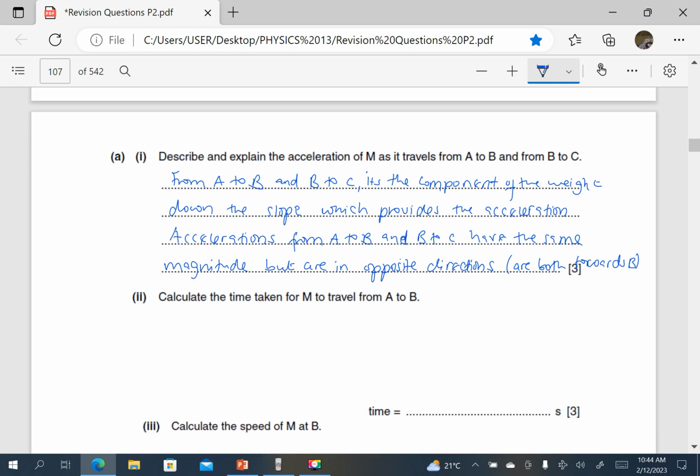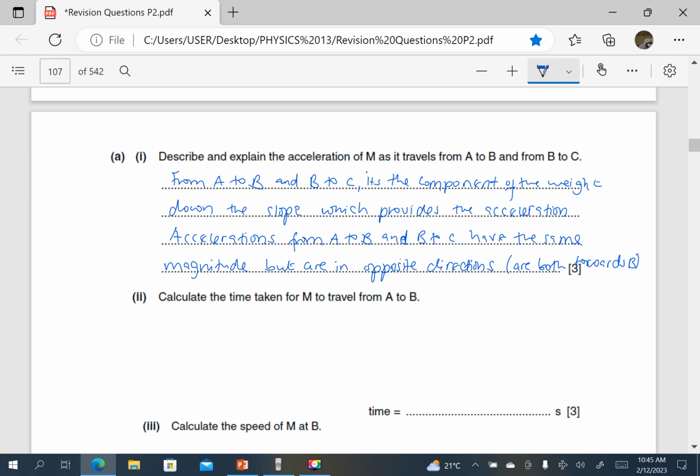So calculate the time taken for M to travel from A to B. Since air resistance is negligible, we can simply use equations of motion, but we need to find the correct acceleration. Or alternatively, we can use